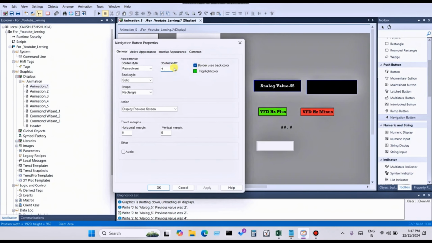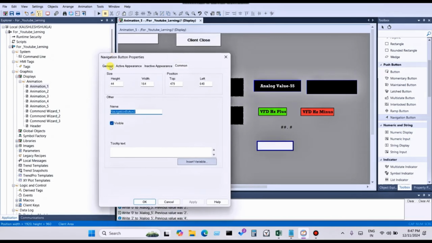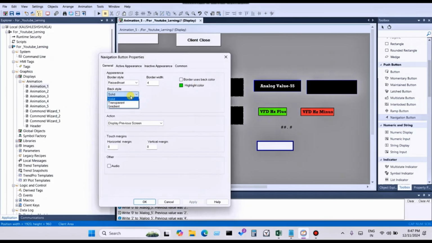Next, border bit, okay. 4, no matter what, 4 is okay. Border use back color means the back color is like a border color. I already explained what the back color is. For border use back color, you can deselect it. Next, solid style: transparent, okay. You can choose transparent, you can choose gradient, you can choose solid, for example solid. And for action, what action will happen when you click on this button? In the previous screen,